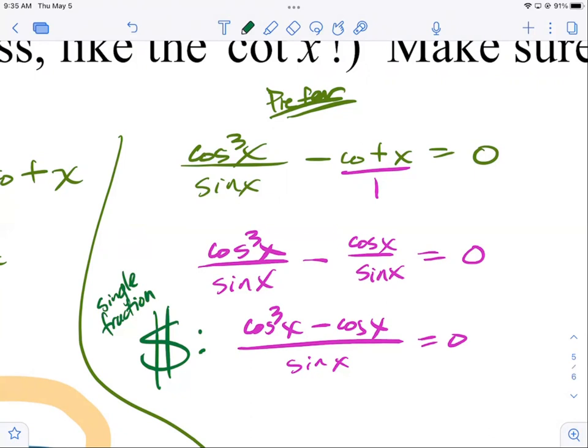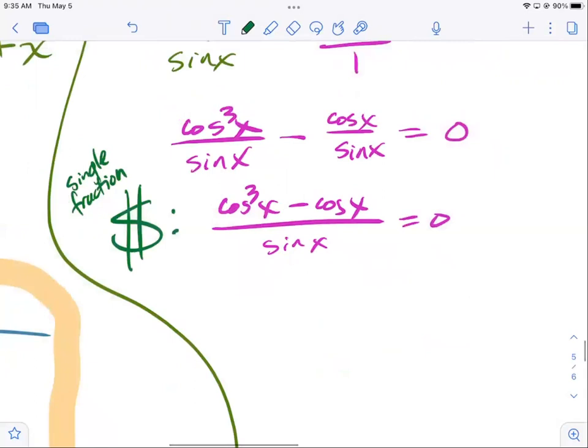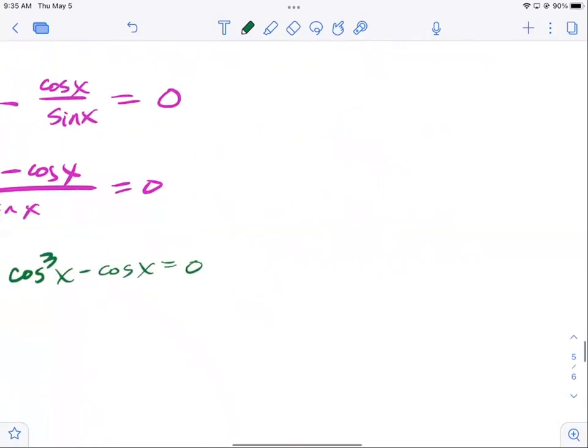So from here, we're at a fork in the road. Later on, we're going to set both the top and bottom equal to 0. Setting the bottom equal to 0 is effectively finding the domain. Now, here's what we're going to do. A single fraction is equal to 0 when the numerator is equal to 0. So again, we're going to say when, and we're going to set the numerator equal